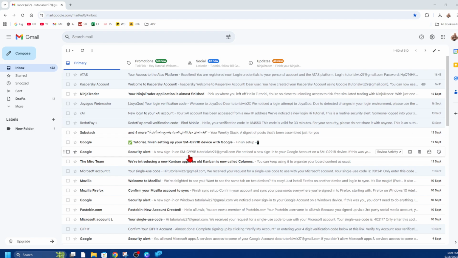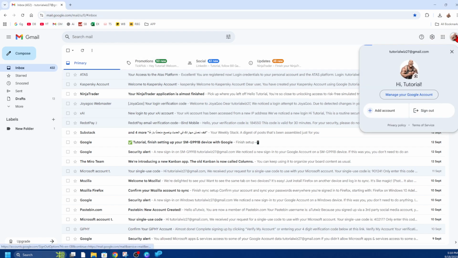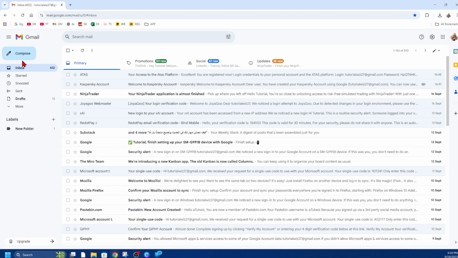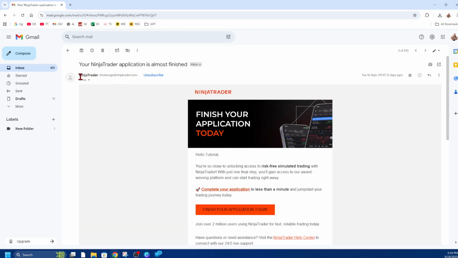Alright, the best way to do this is open up a web page and go to mail.google.com and sign into your account. Once you've signed into your account, click onto your inbox and now find that person's email inside your inbox. So for example, if I want to go ahead and add in NinjaTrader, I'm going to click into their